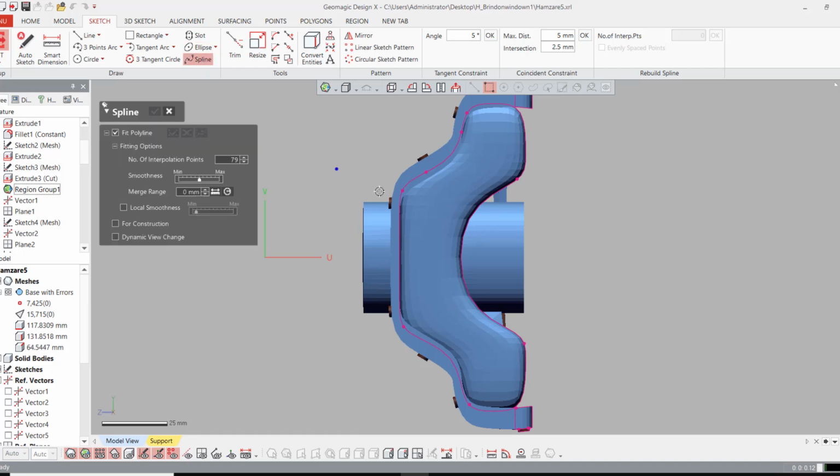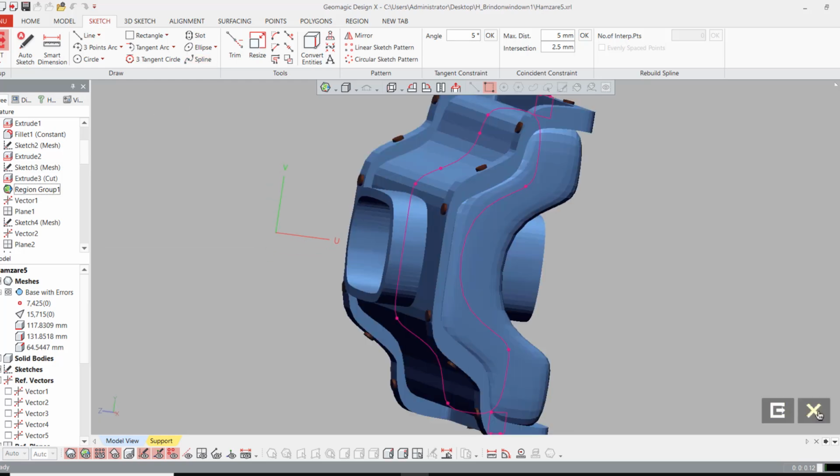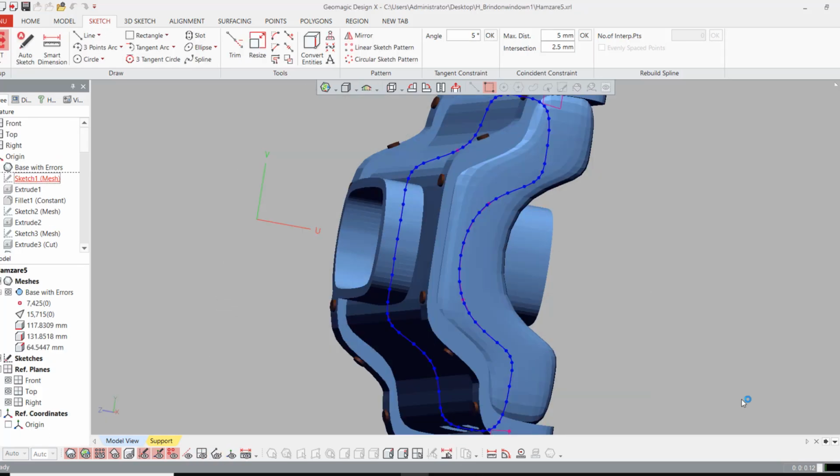Now go to spline and only pick the points, and spline will fit this sketch. Here is the smoothness. If I go to minimum, then it will change the smoothness of a spline, and if I go to maximum, then it will make it a completely smooth spline. So I think this is good here, and we can click simply OK, and our sketch will be ready. Exit the sketch,